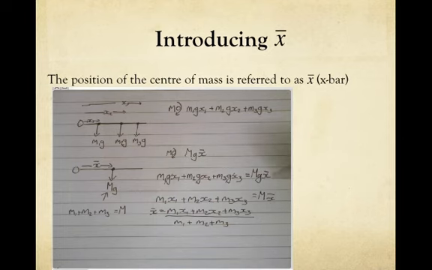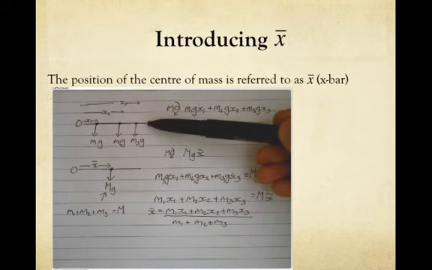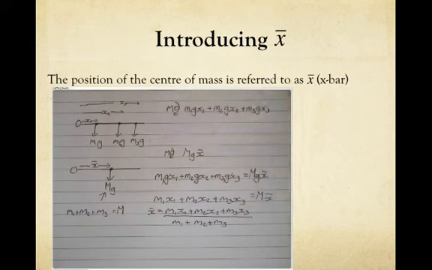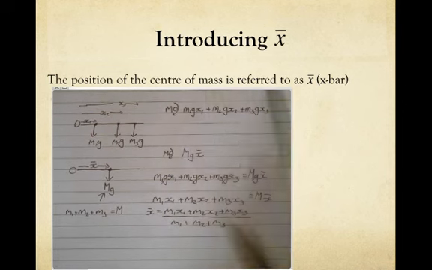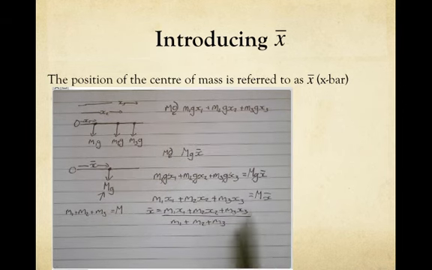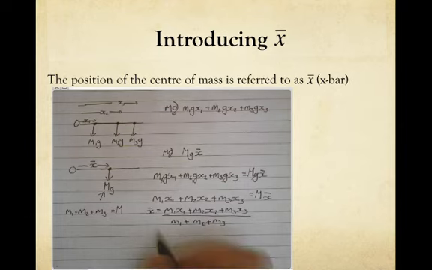Now hopefully you can appreciate from this, if we added more masses on, we'd get an m4gx4, down here we'd get an m4, and this row here would keep getting longer and longer, both of them. So what we do is we simplify it down to the most general case. So for any number of